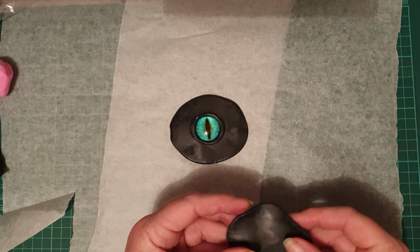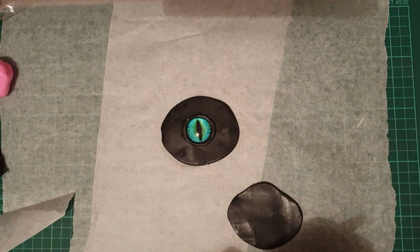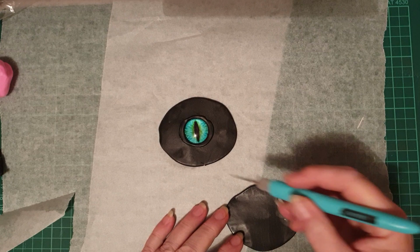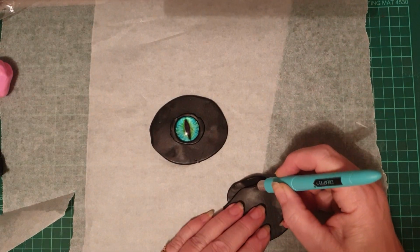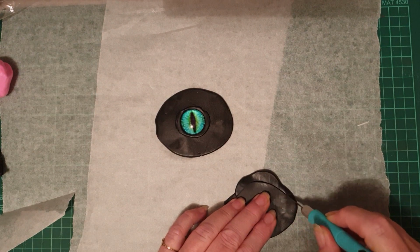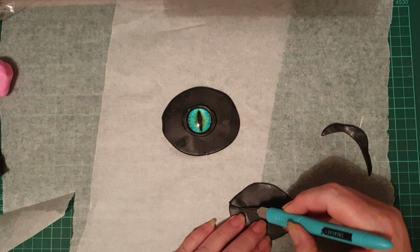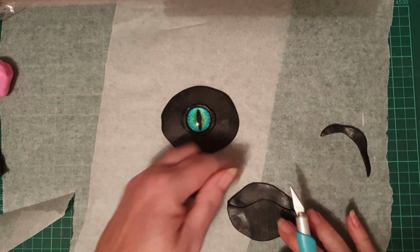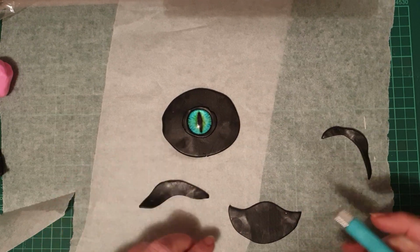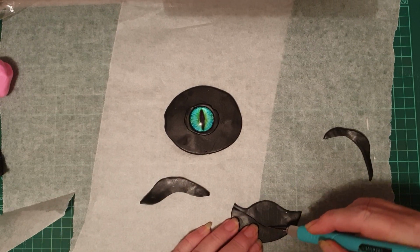So just pull that out just a little bit. Okay, knife. So you want to just look at your eye. I'm kind of just going to come up like that. We're going to come in and about that. So that's what we're looking for the top, and we're kind of going to do the same thing